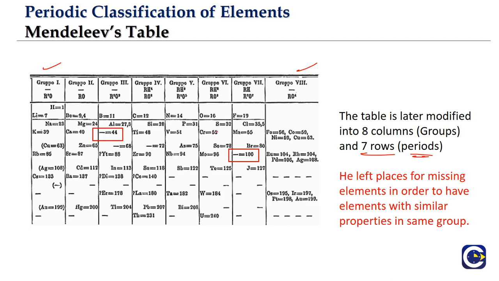Now at that point of time, the understanding of the properties of the elements was also limited. When we talk about the chemical behavior of an element, the two prominent things that people used to look at are what form of oxides the element would form, and what form of hydrides. Halides also were there, but mostly they focused on oxides and hydrides, that is, how the element will react with oxygen and how it will react with hydrogen.